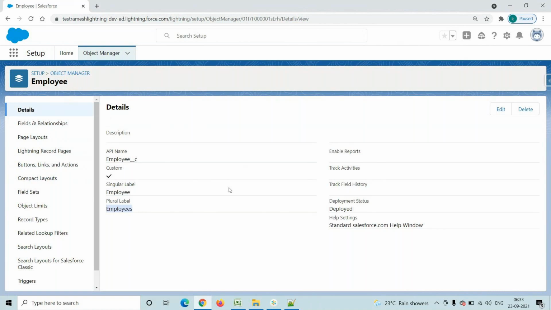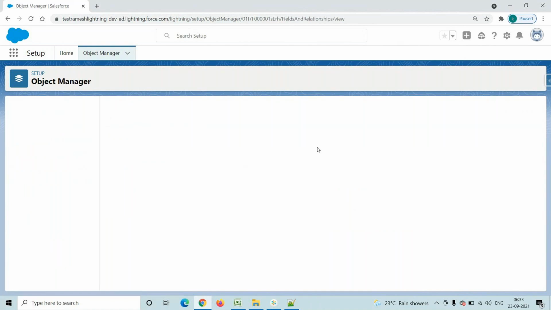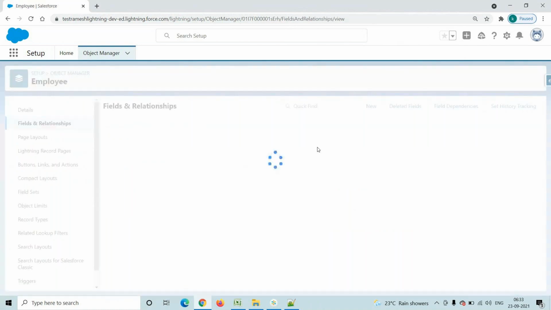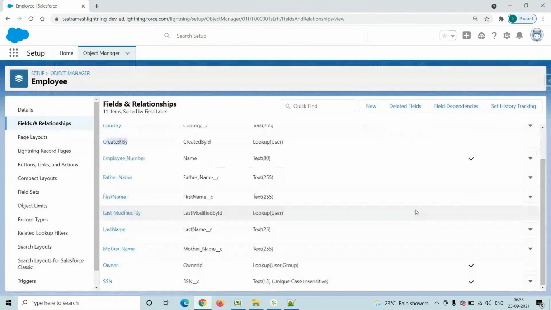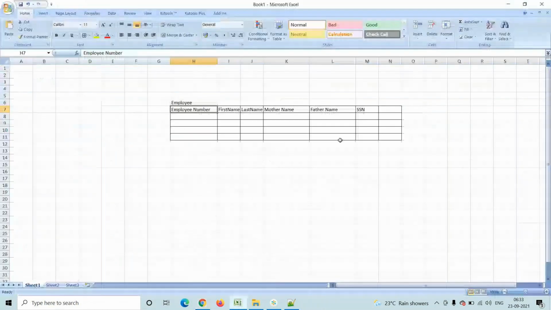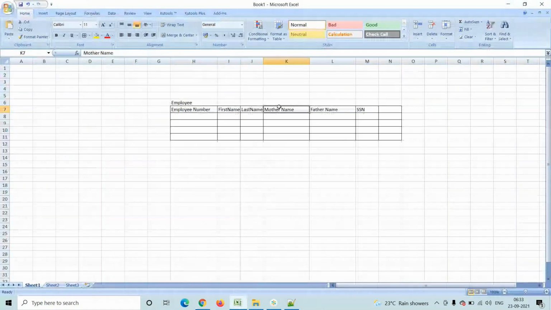Standard fields are, while creating an object, Salesforce by default creates one field, and in addition to that, provides three more: last modified by, created by, and owner field. In addition to that, we created our own fields: employee first name, last name, mother name, father name, and SSN number.